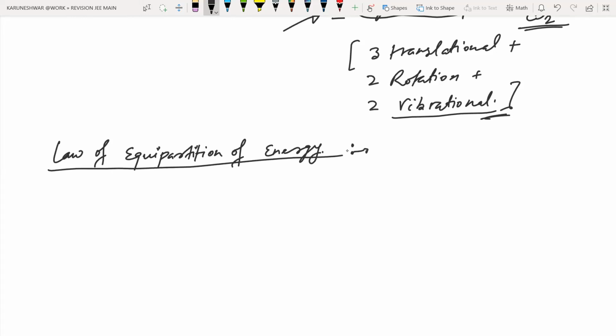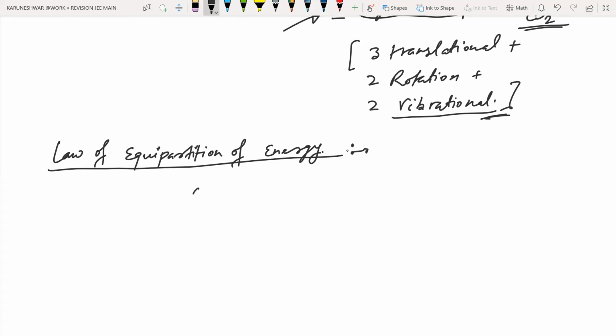According to this law, the total kinetic energy of a thermodynamic system consisting of a large number of particles will be equally distributed among all the degrees of freedom, and hence the average kinetic energy of a molecule for each degree of freedom will be